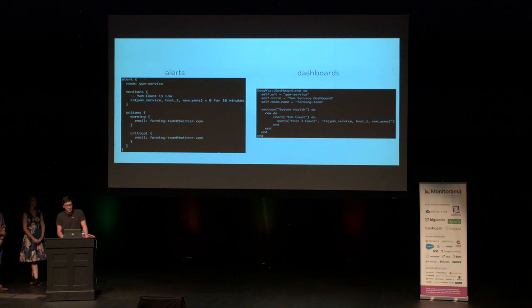And finally, this is kind of a subtle one, but another configuration shortcoming was that alert configs were completely disjoint from dashboard configs, which were written in a Ruby DSL. And it seems kind of obvious in hindsight, but we realized that it was redundant to require users to maintain separate configurations for these objects when the two of them often operated on the exact same data. This, of course, isn't an absolute rule, but we observed that if your metric is important enough that you want to alert on it, you probably also want to chart it as well.